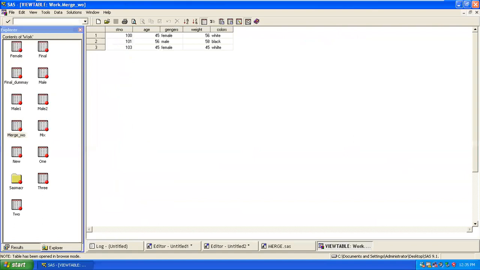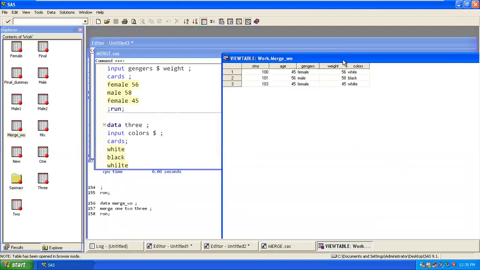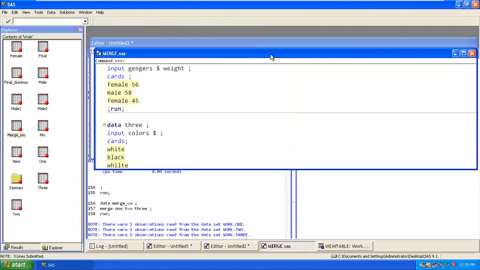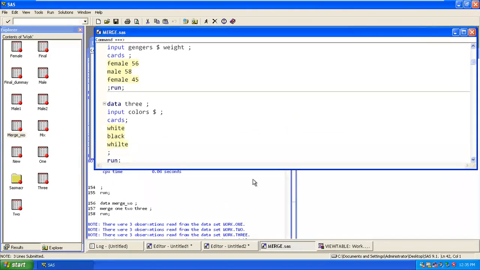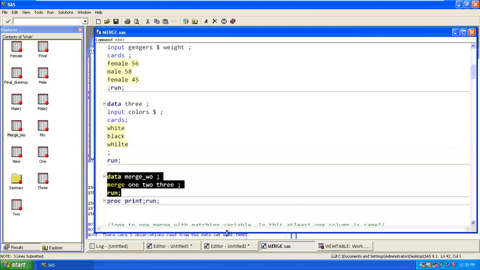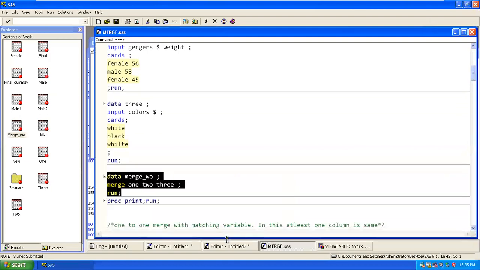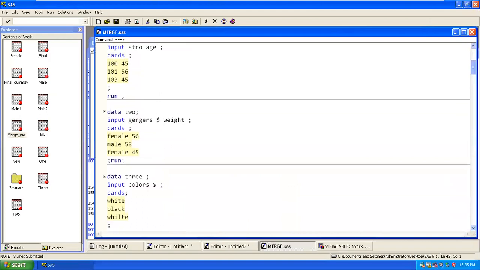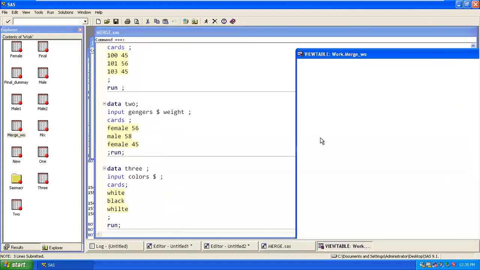Now what is happening? If you look at this output and compare it with your data set, you have 100, 45, female 56, black white.